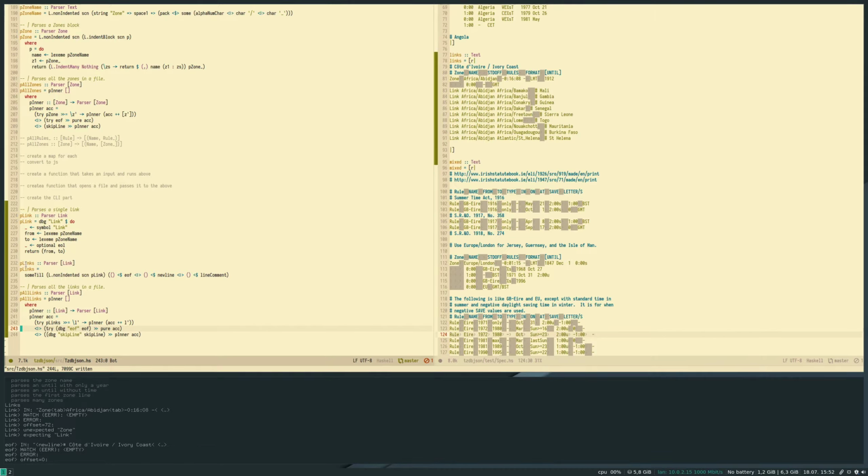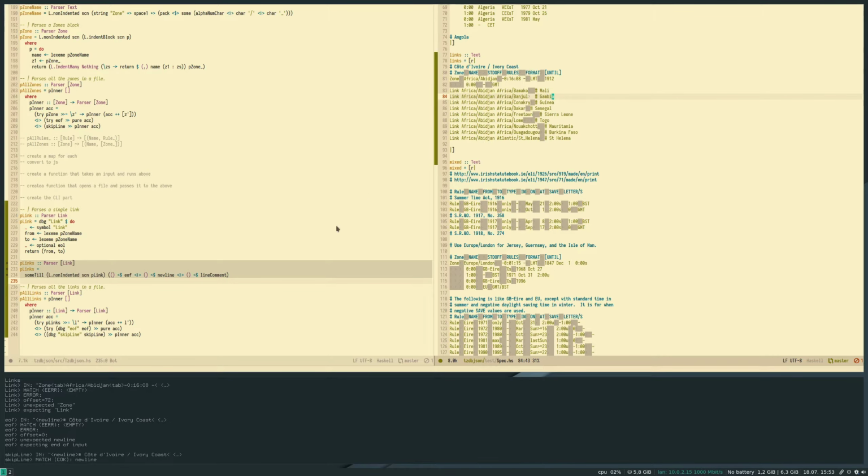It's trying to call this one first, which skips the empty line and the comments, and then it arrives here. And this one, it's not the links, so the links failed, and then it moves to the end of file. And it says this is not an end of file, and then it moves to the skip line, which matches and skips basically all of this. Yeah, looks like so. And then it tries again.